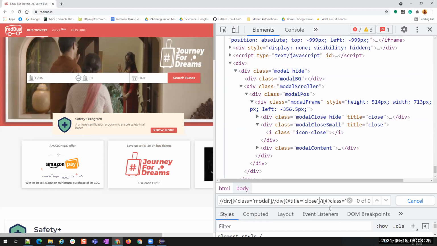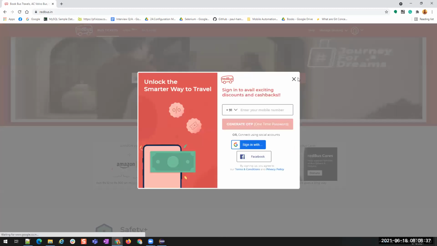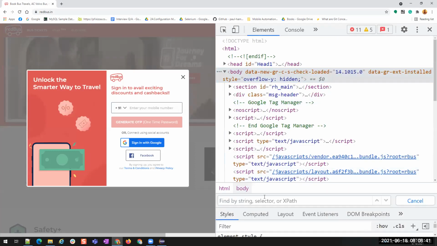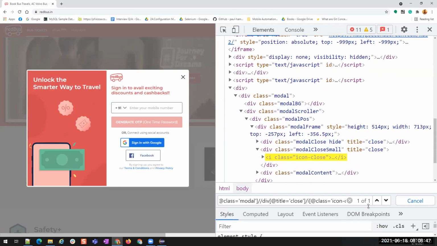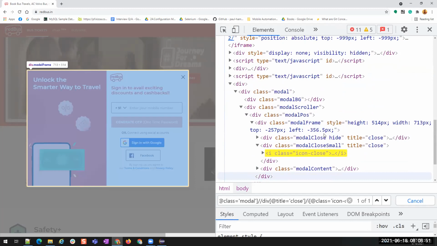Now you see, how many is it finding? 0 of 0, right? Now copy this. This is the second time I'm opening it. Control F. If I paste it here, how many am I finding? Only 1, right?